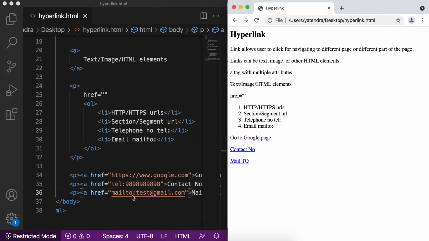For creating these sections or segments, what we did, first we create a page or add some paragraph so that our web page has some data. So I copied some random text and pasted it here.